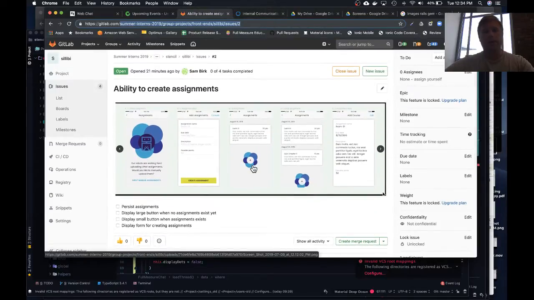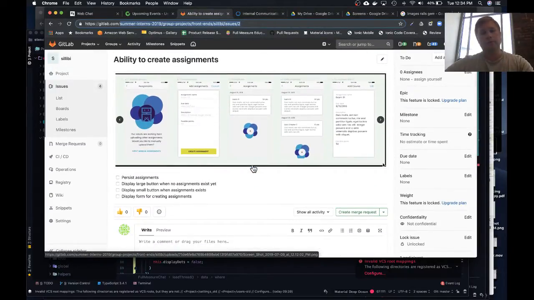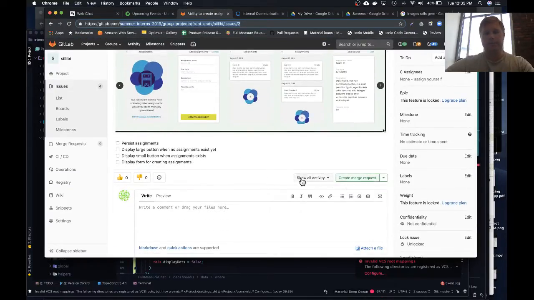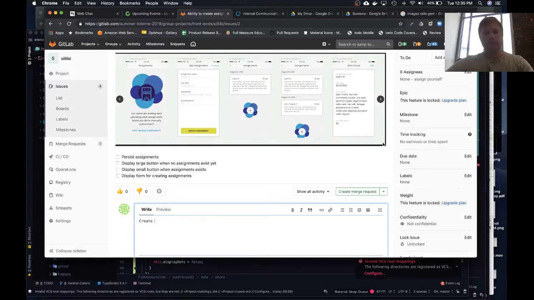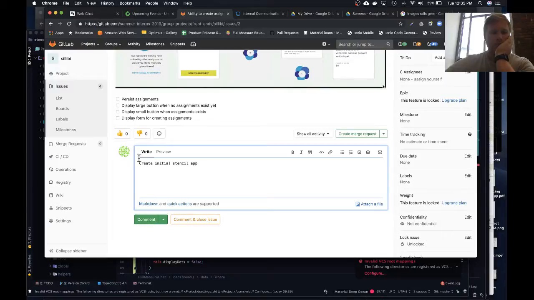All right. So, ability to create assignments. Again, you guys did this already. This is the simpler form, so it's not all the assignments together. It's just the regular list of creating an assignment. This person's also going to create the initial stencil app. Ready to throw? You can also ask for more information if there's anything before we throw, but you'll also figure it out after. So